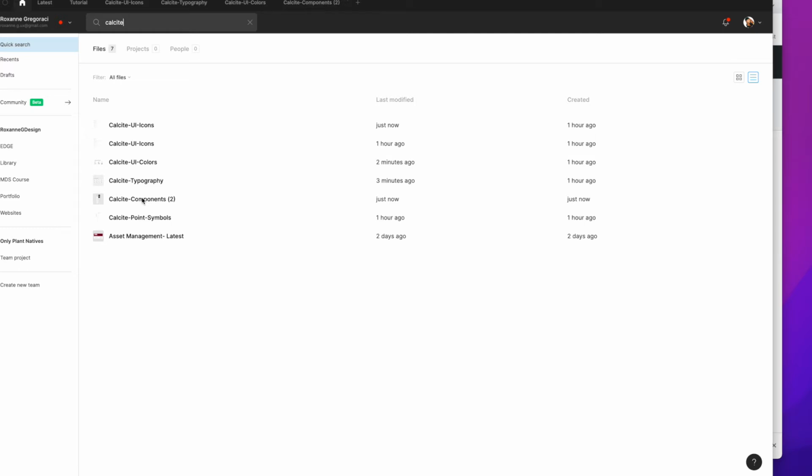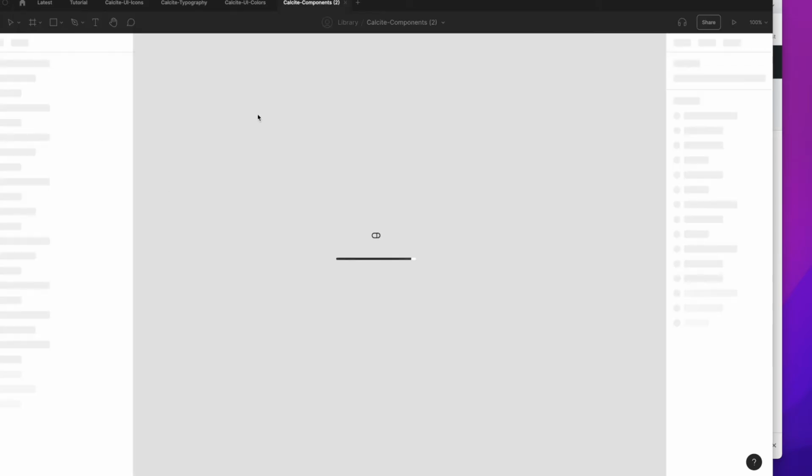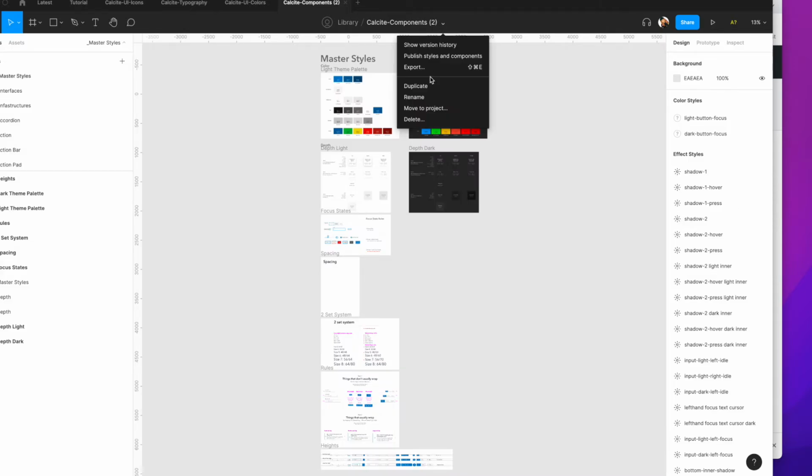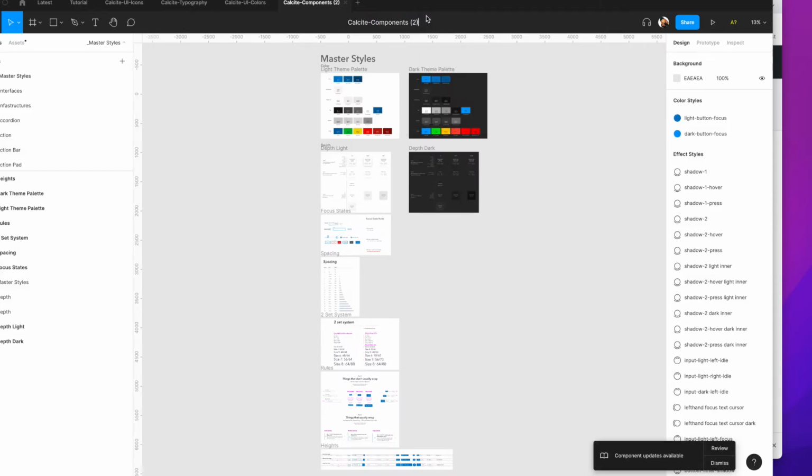Definitely not organized enough. Could rename this. I don't like that. There we go. I think I just downloaded them a couple times. Anyway, I'm going to publish